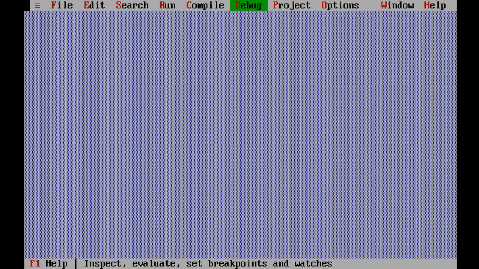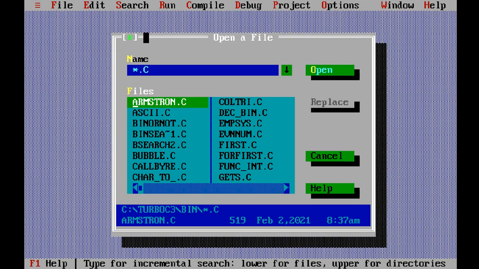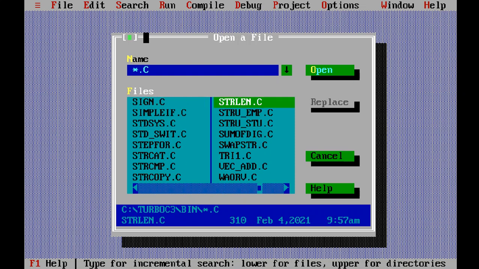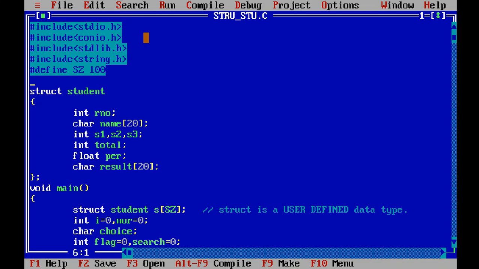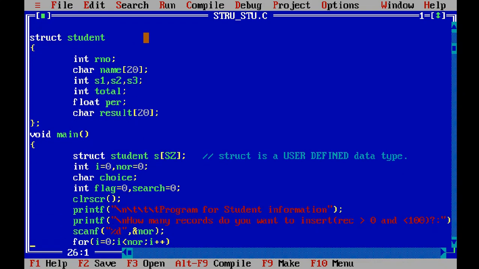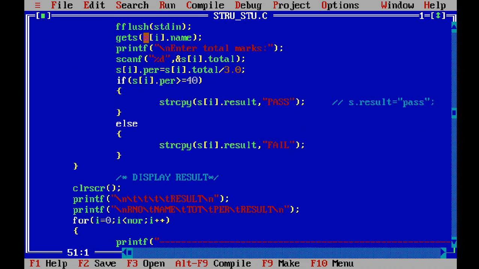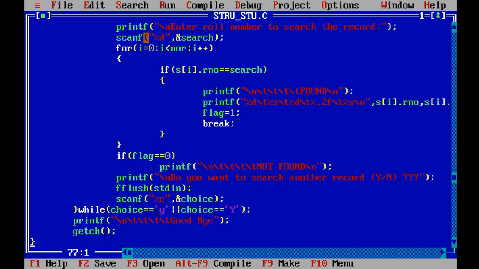Today we are going to learn how to create a structure, how to declare a structure, how to declare a variable of type structure, and what a structure is. We will also learn how to develop a program or a small application